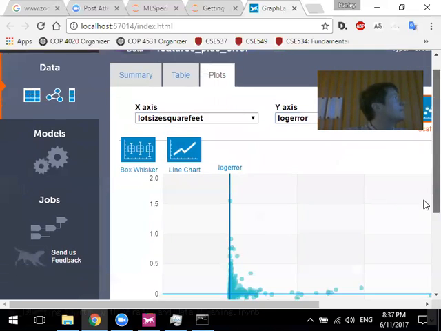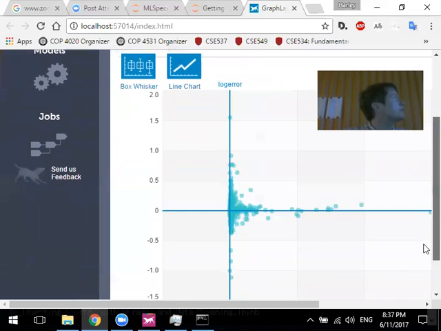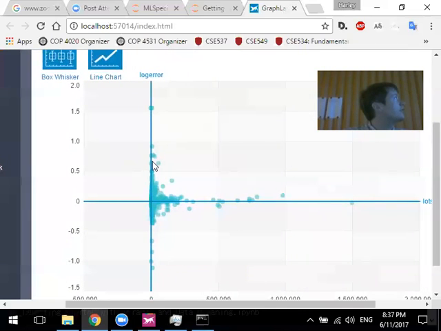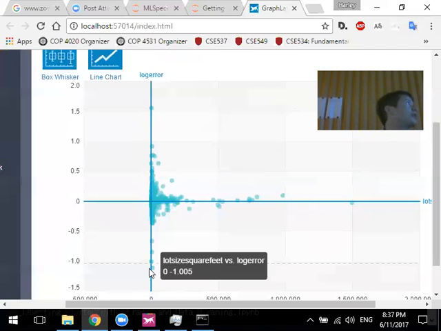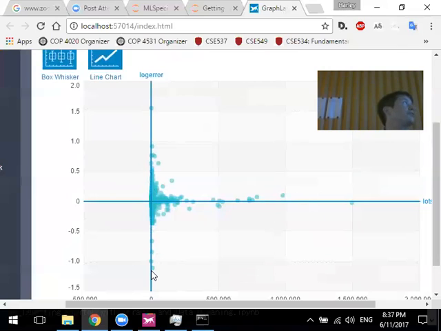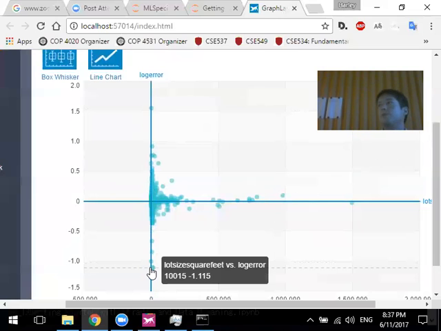Okay. So the reason why I found this one interesting was all of the errors seem to be on 0. Basically 0 in this feature means we don't know how big the property is, the land. But if you look, almost all the errors are on the 0 or they're close to it, right? So there could be some correlation between not knowing the lot size and there being a big mistake when you're